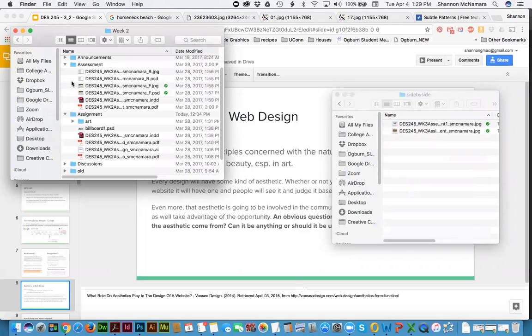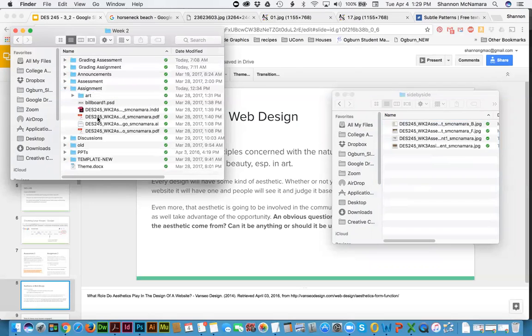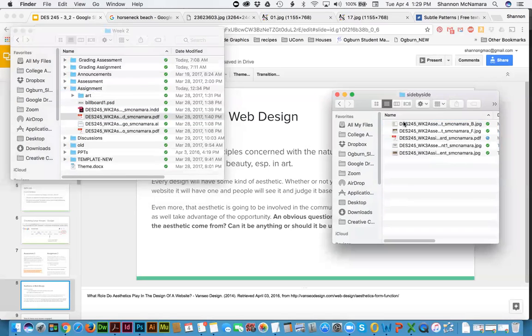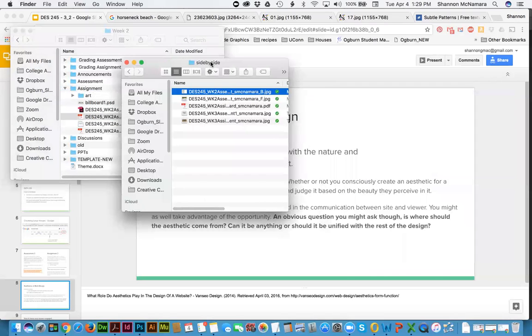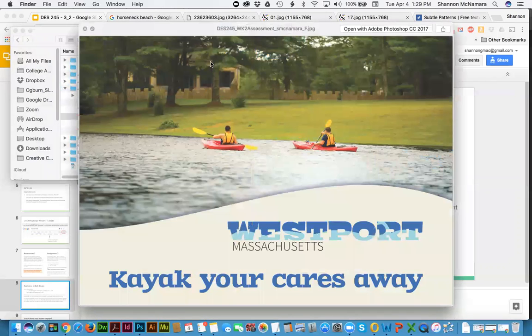Bring your postcard over, front and back. Bring your billboards over. And look at them all. Open them all up. That's the back, front,